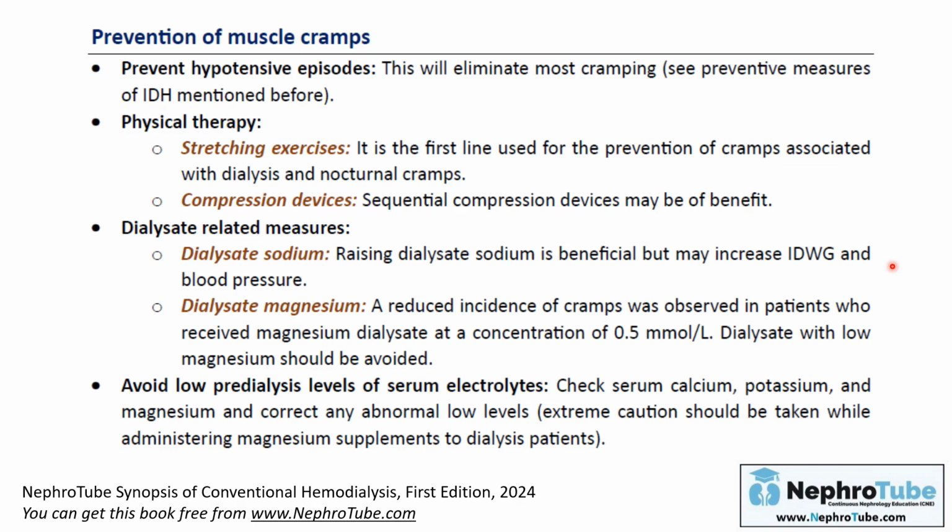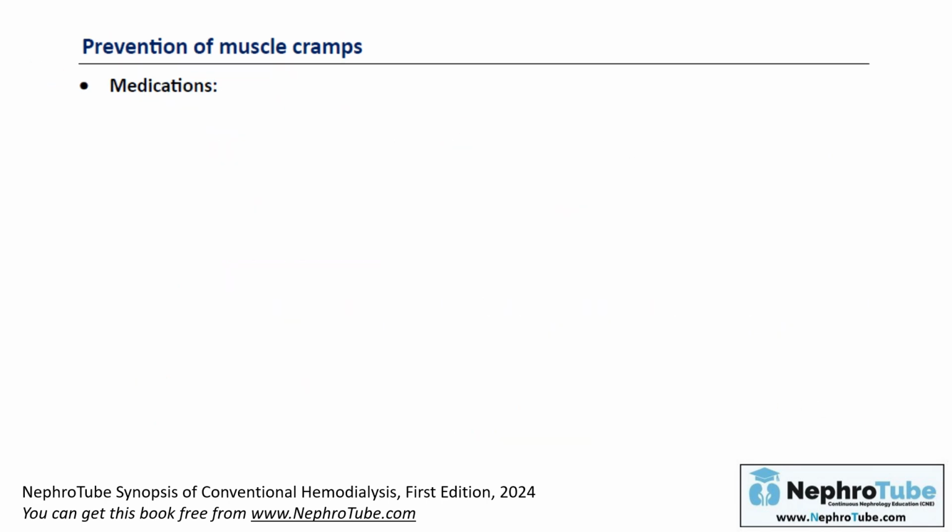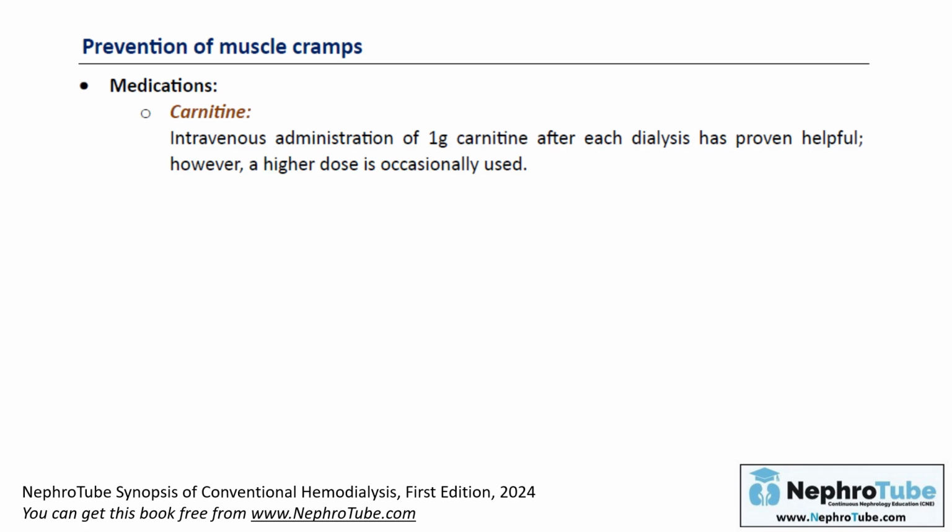Can I use any medications for prevention of muscle cramps? The answer is yes. What are the medications that can be used? The first one is carnitine. You can give intravenous carnitine 1 gram after each hemodialysis session. Some literature showed that higher doses of carnitine are used, but the most commonly used dose is 1 gram carnitine